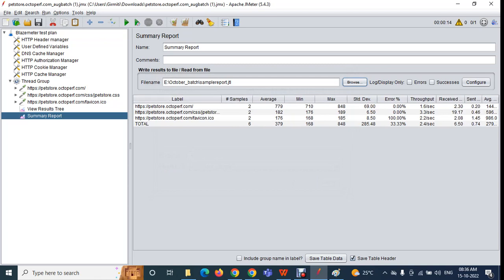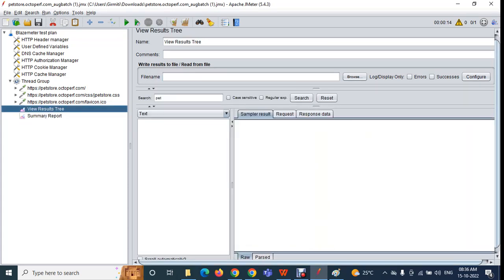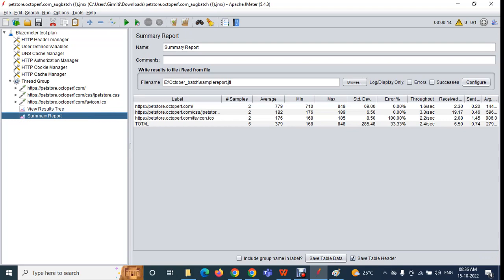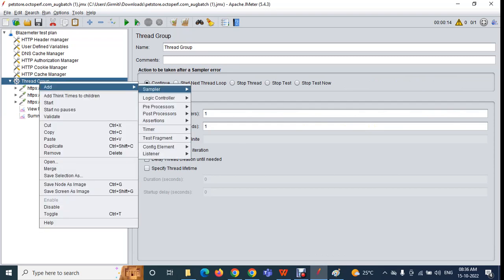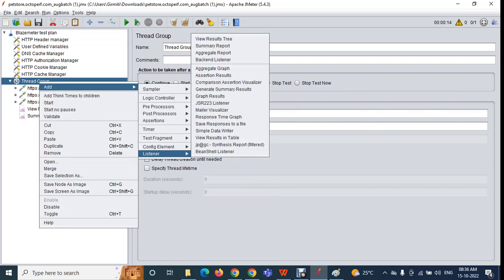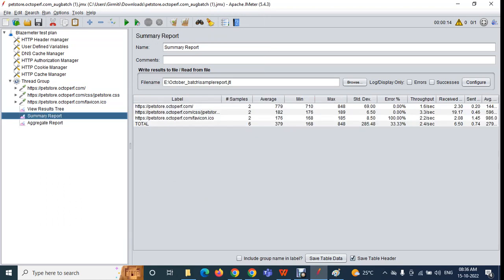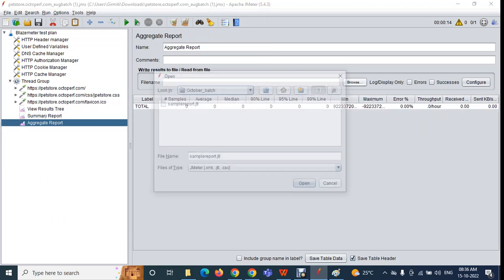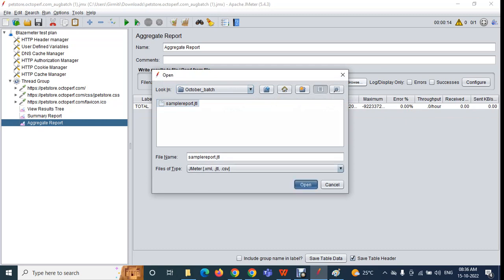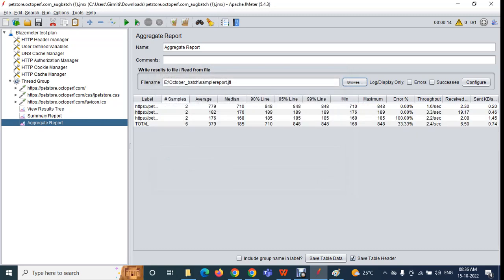So if you have the JTL, you can get the data, like the view results data, the summary report data, and there is an aggregate report, you can get its data also. So like that, if you have the JTL, you can get the things. Okay, let me add the aggregate report. There is not much difference between the summary report and aggregate report. Okay, click on browse JTL and click on open. You can see the